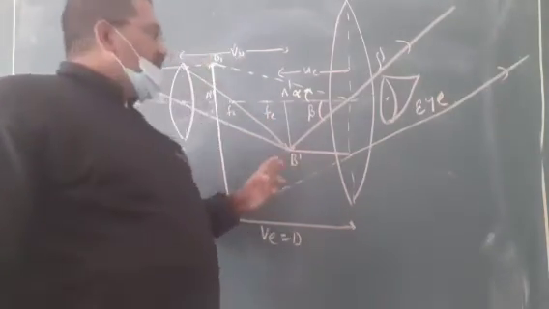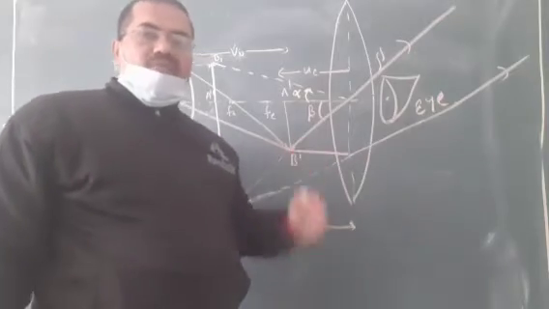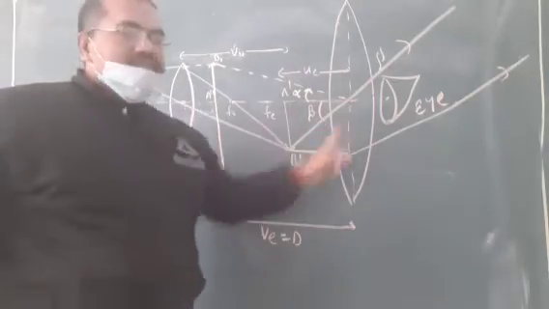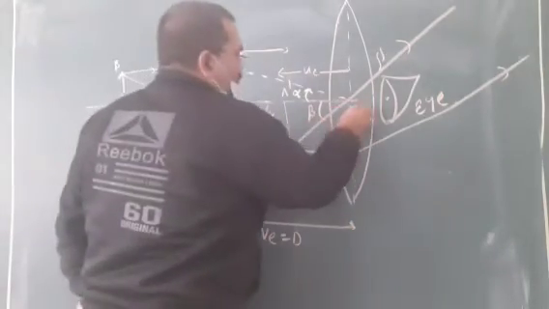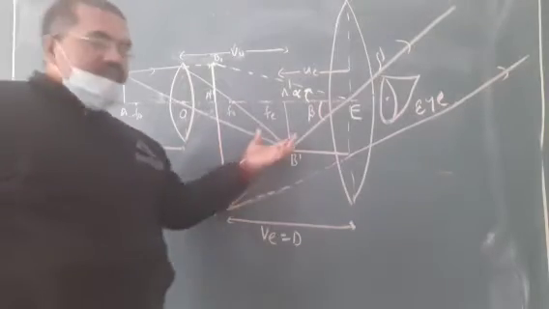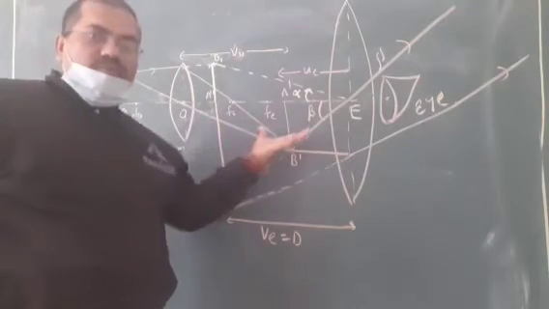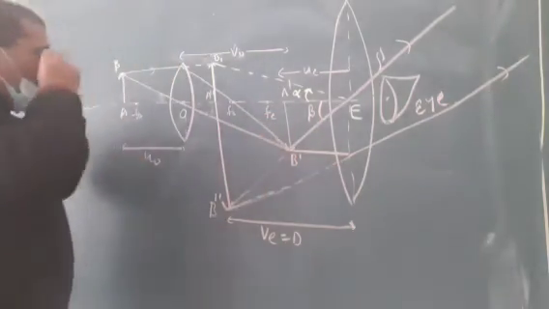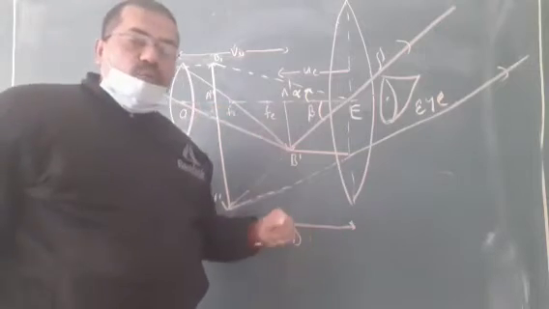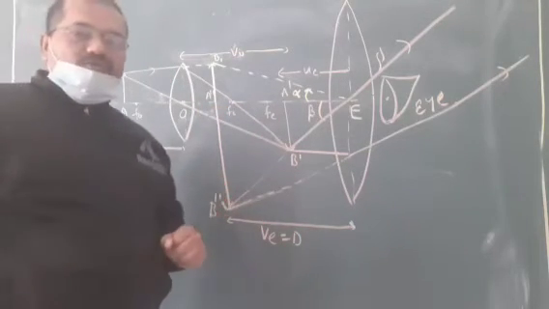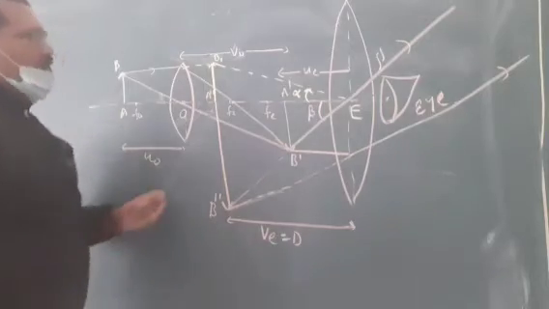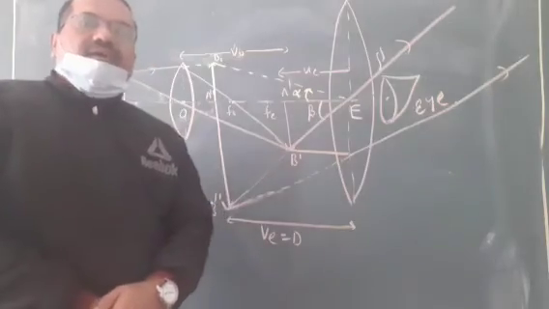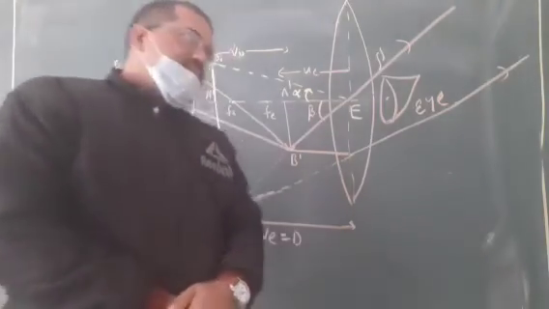We have already seen the ray diagram of the compound microscope. There are two lenses, the objective and the eye lens, which are kept on a tube that can be adjusted according to the situation, and the tube is called the tube length of the compound microscope. By a compound microscope, a very tiny object is seen which is not visible by the naked eye.